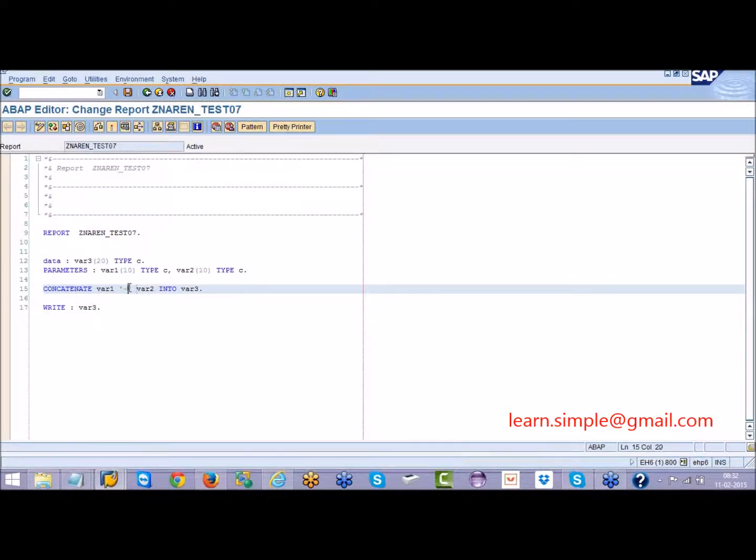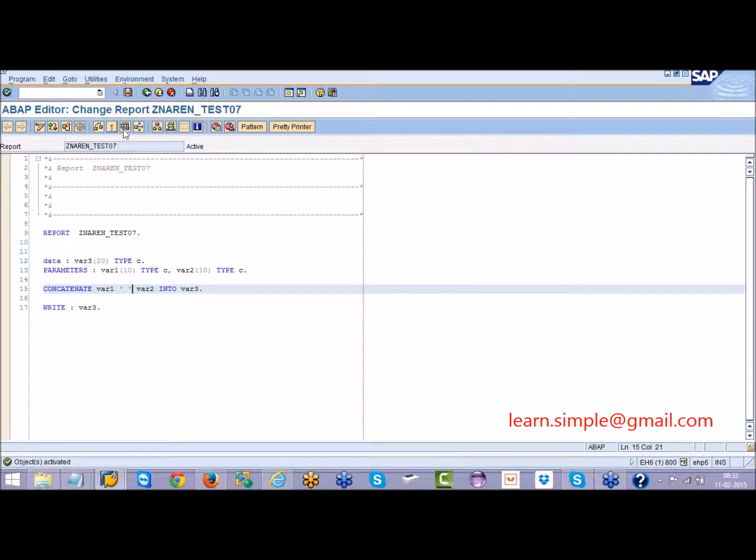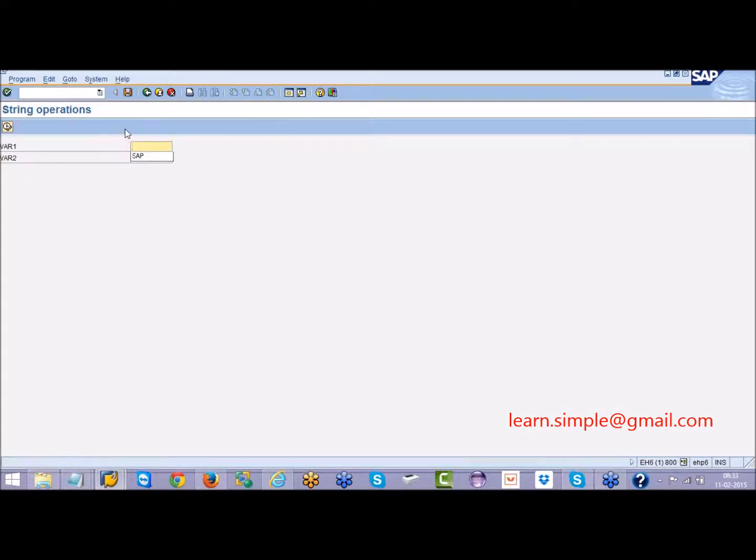Instead of hyphen, if you put percentage here in between single quotes, SAP percentage ABAP will come. So whatever you put in between single quotes, that will come. Okay. And one more point is, if I give a space over here, should SAP space ABAP come? Will it come or not? Let us see. In the single quotes, I have given a space. Will it show a space in the output?